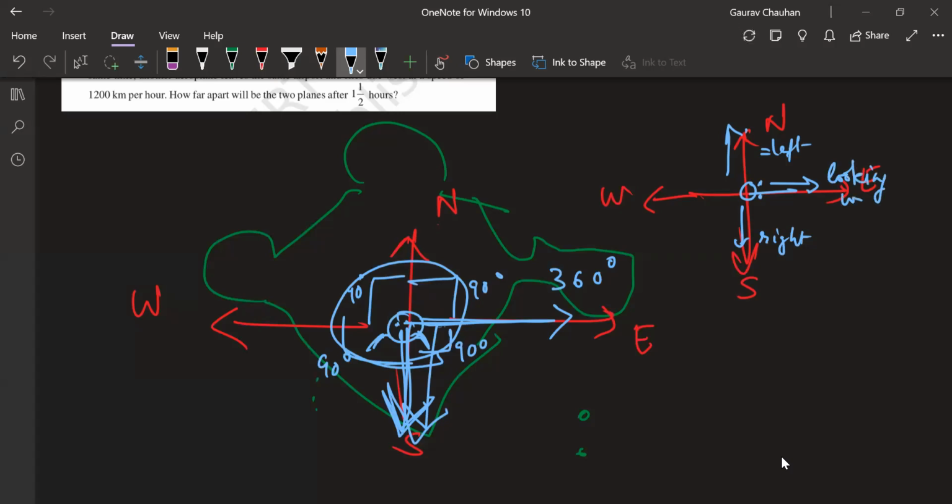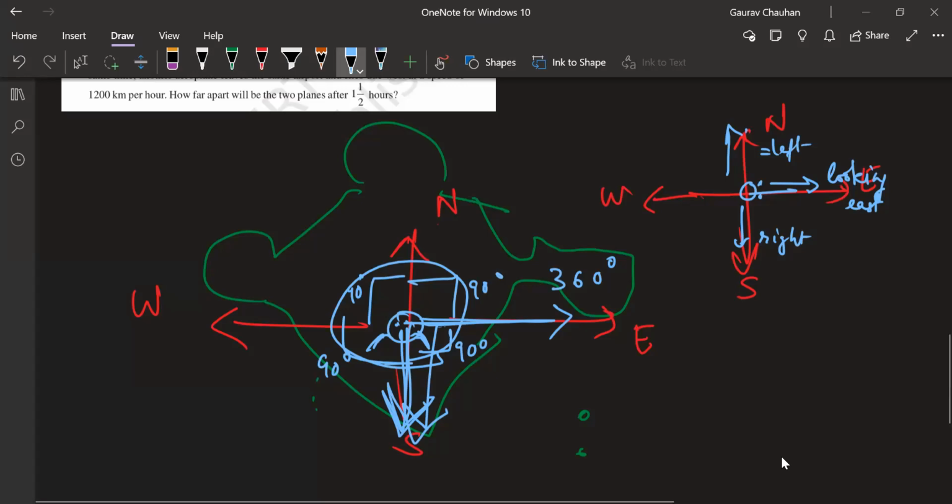This is the best way to remember. Looking east. Why? Because think of it like you're looking at the morning sun, when the sun is getting up. If you prefer to understand by looking, just memorize one place. I am looking east means left is north, right is south. No need to memorize.